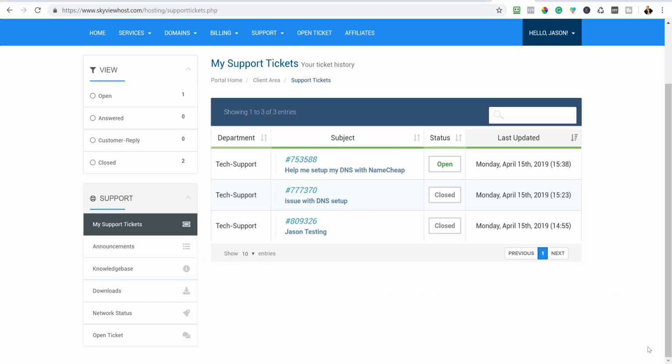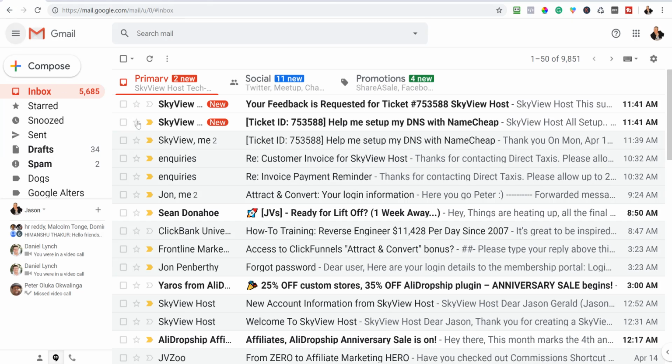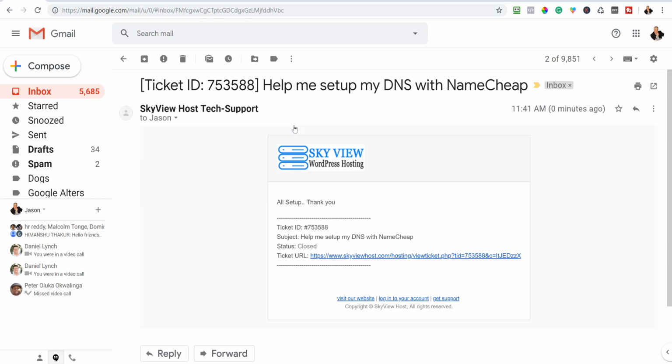Okay, now I went ahead and closed the ticket. I want to show you how that process looks. So you're going to get an email here that says all set up, thank you, and the ticket is actually closed now. You're going to see the status of closed. So you see the status of the ticket,